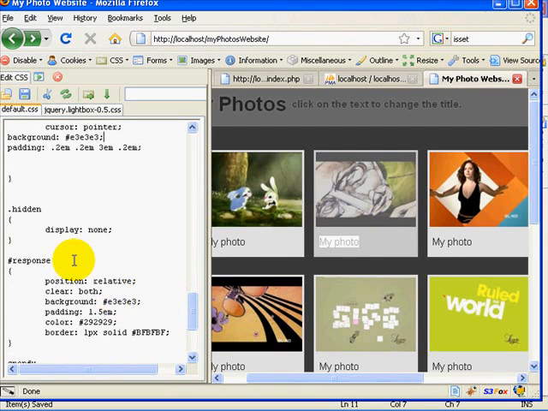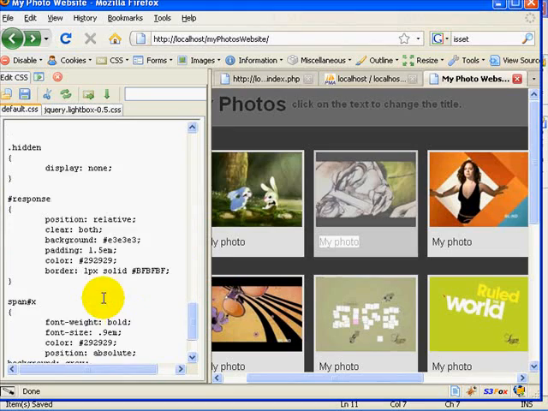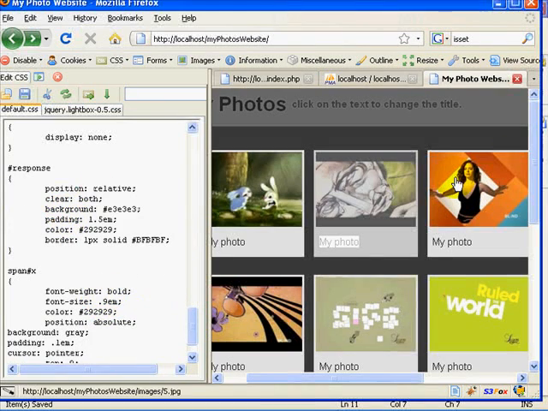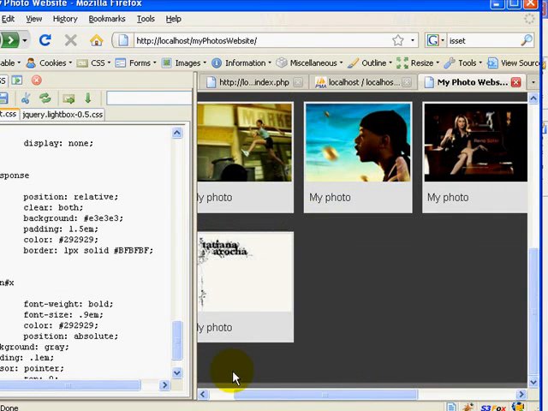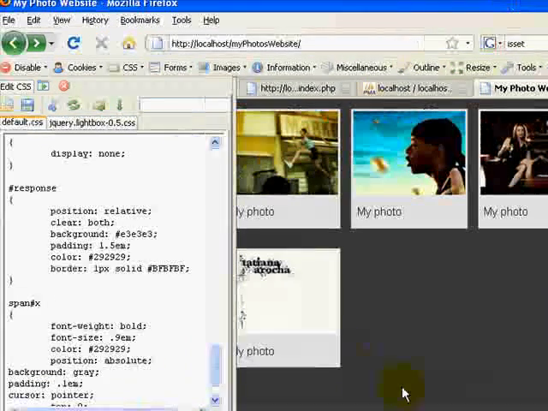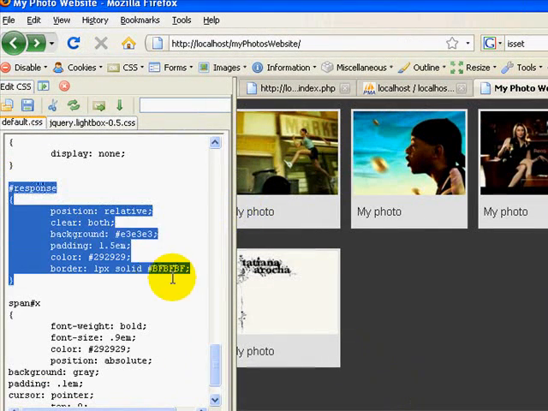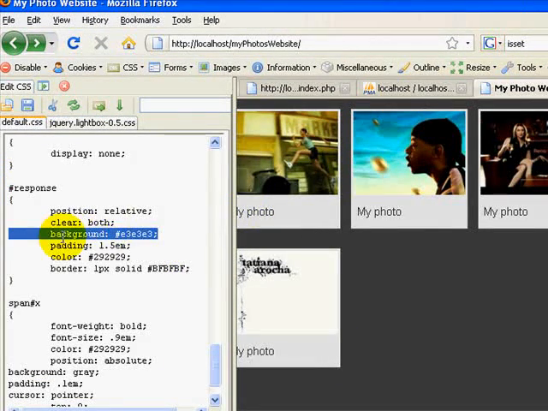I created a class of hidden and set that to display none. Response, the div with an ID of response. Remember earlier when you clicked on a title, edited it, then at the bottom, I created this little pop-up that said, congratulations, the database has been updated. This styles that information, and it just sets the background to a bluish gray,